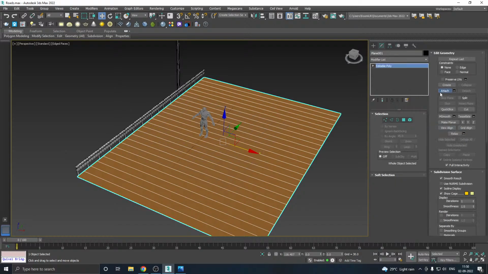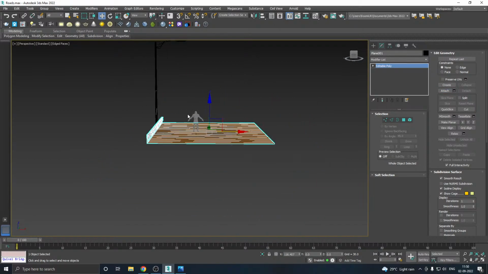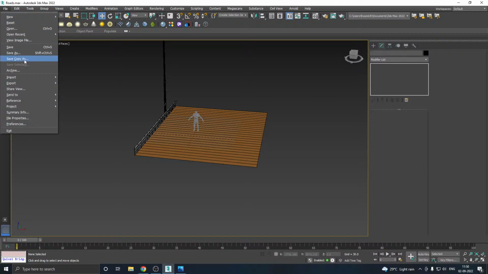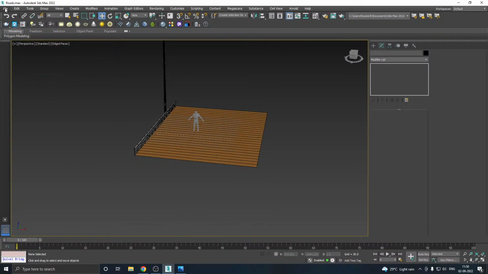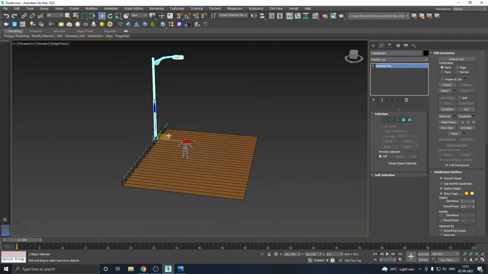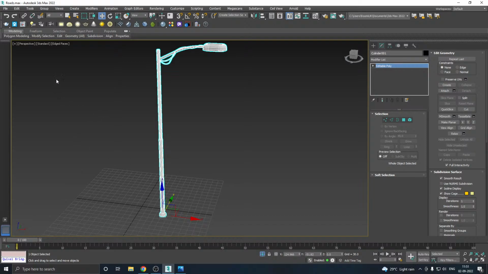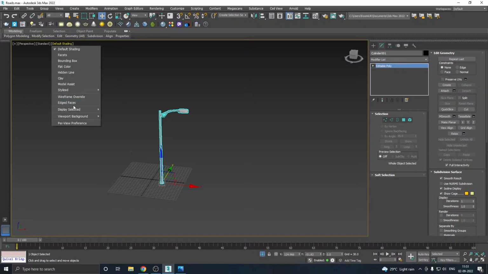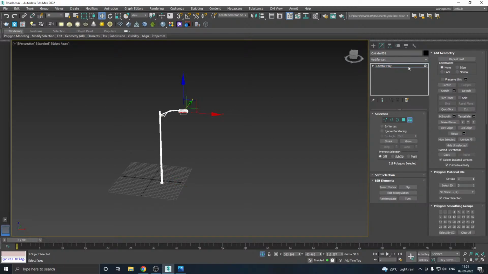Collapse everything and attach the barrier. Okay, and for the lights,